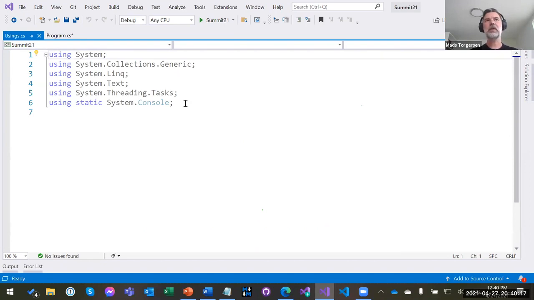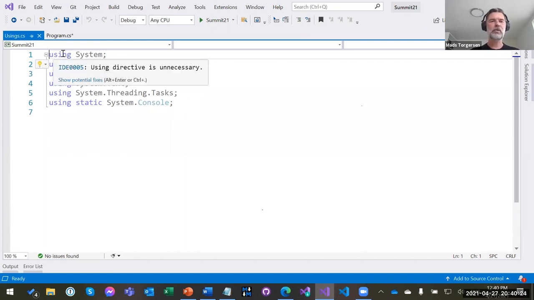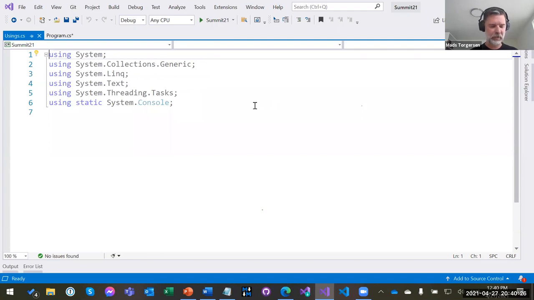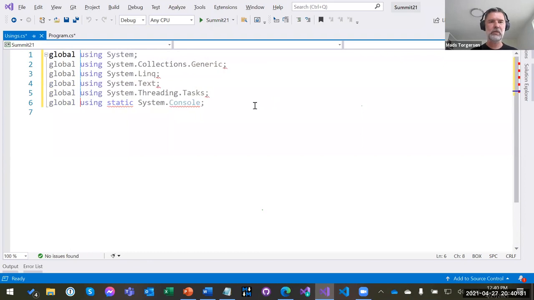Maybe they come in as part of the template. This file is just part of the template. It just gets put into your project when you create it. Of course, using can't just be using, because that is file scoped, but we could give you a version that is global using, and now global usings apply to every file in the project, or in the compilation, if you will. And that way you can just never have to worry about usings in the individual files again if you don't want to.